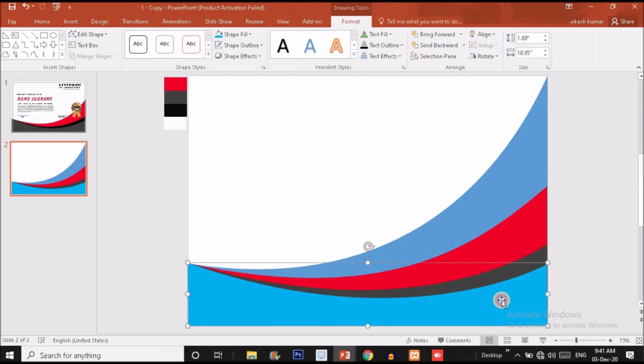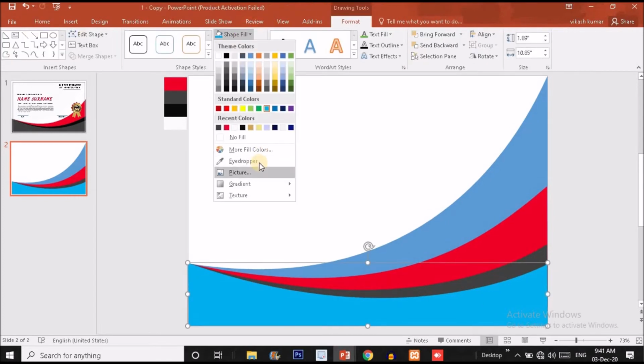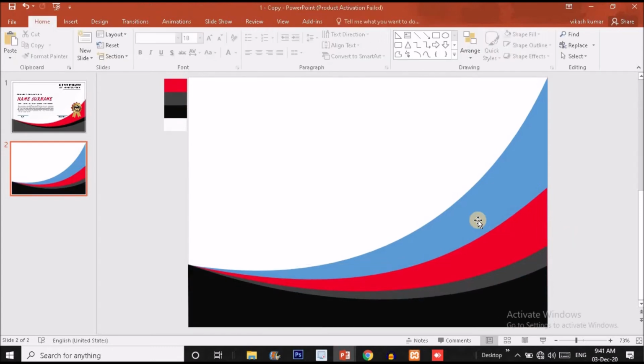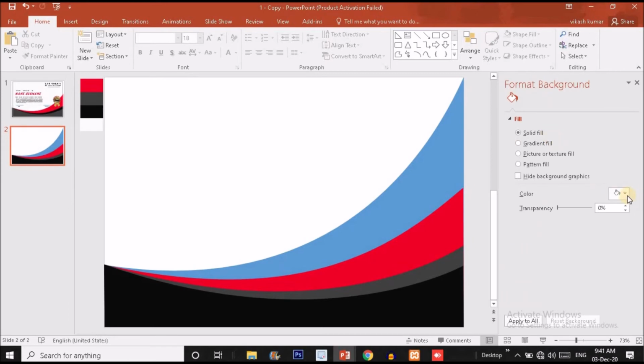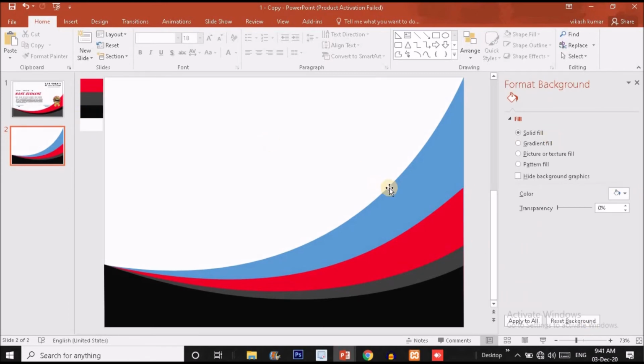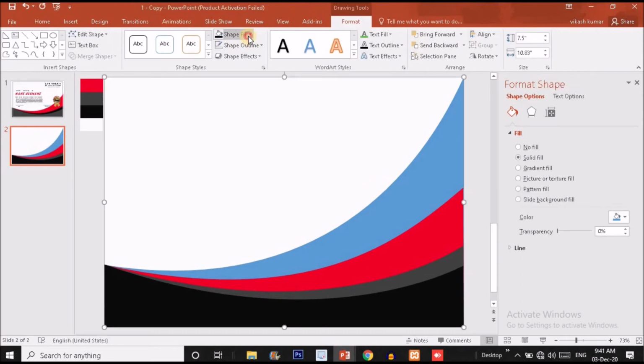Now for this shape, what kind of color am I going to use? I will use the dark black color for this, like this one. Now for the background color, I will use this color. And for this shape, I will use the white color.